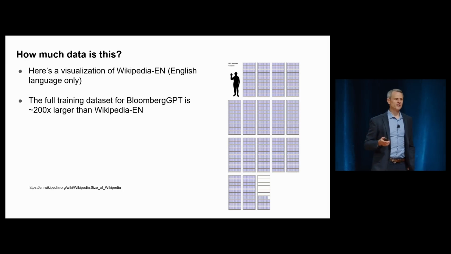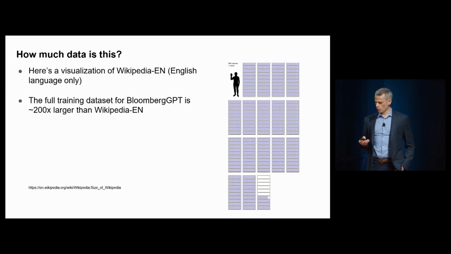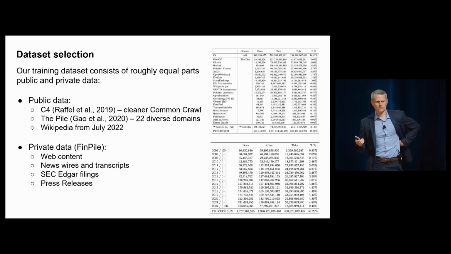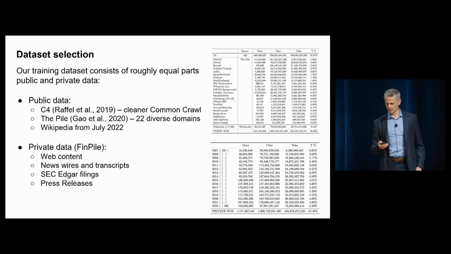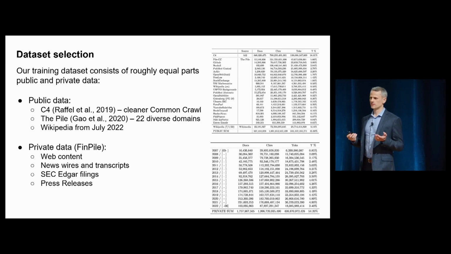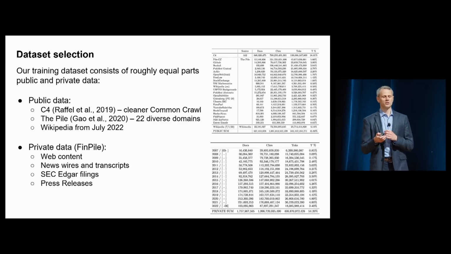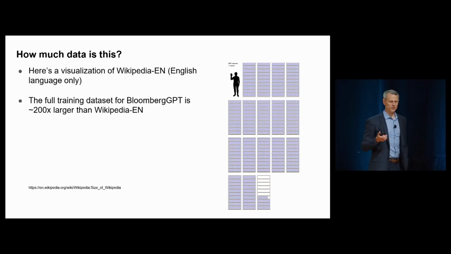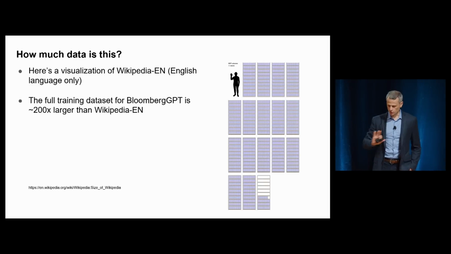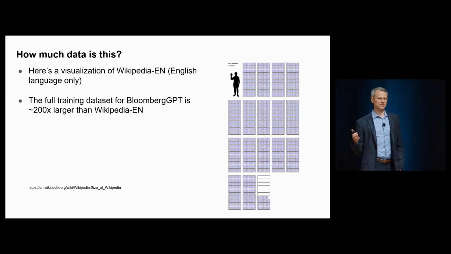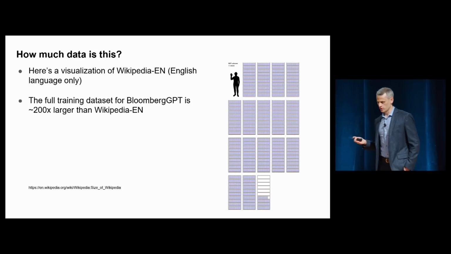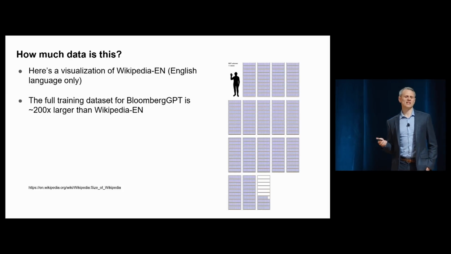OK. I think it's worth taking a minute to register how much data we're actually using. I didn't give you numbers. The private data set was about 400 billion tokens, and the rest was from the public data set. So all in, 710 billion tokens of data. How much is this? Let's think in terms of Wikipedia. The English version of Wikipedia, if you drop all the images and tables and just have the text, if you were to print this out and bind it into volumes and put it on bookshelves, it would fill 16.5 bookshelves.